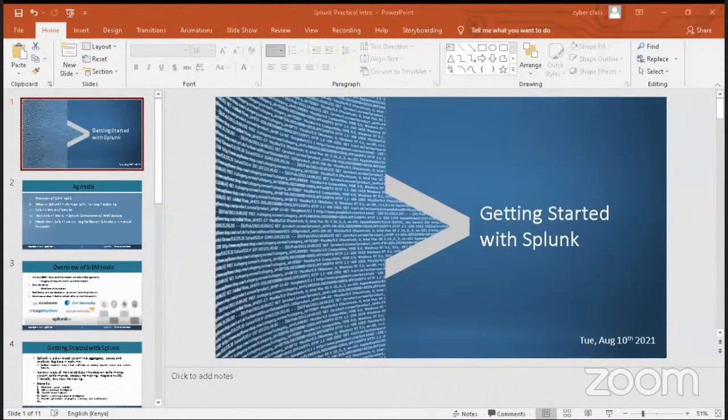Why is it much more preferred? Why is it always among the top SIEM tools utilized? Then I'll give you the different features theoretically, and then you can do it practically. You can see the different features in Splunk, especially Splunk Enterprise, because that is the one mostly used in major organizations. We can also look at the different components, how you can set up a forwarder, receive that data, and also the indexing, the storage of that data,